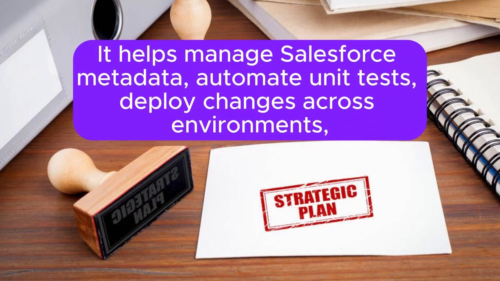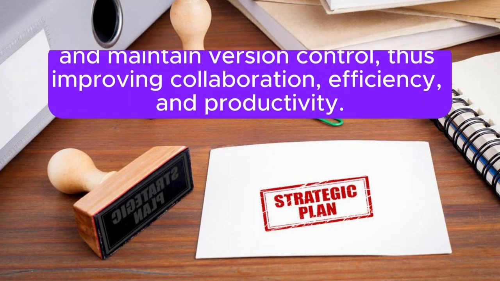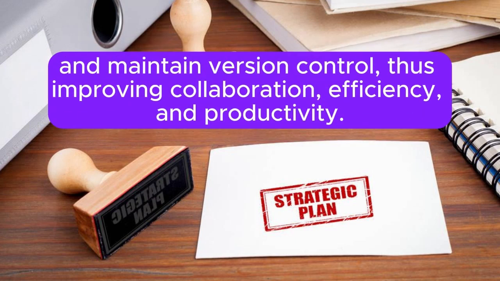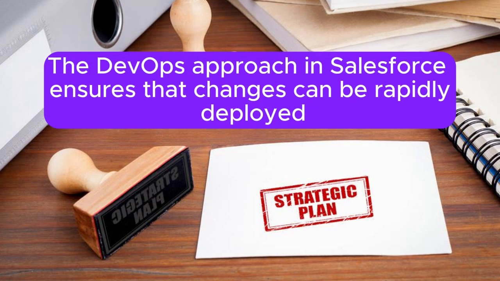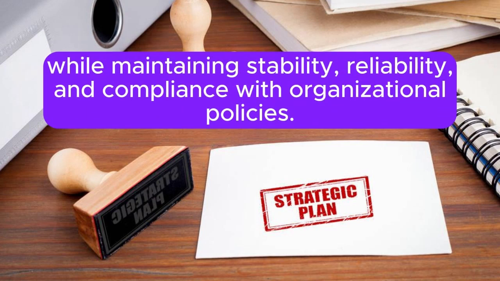It helps manage Salesforce metadata, automate unit tests, deploy changes across environments, and maintain version control, thus improving collaboration, efficiency, and productivity. The DevOps approach in Salesforce ensures that changes can be rapidly deployed, while maintaining stability, reliability, and compliance